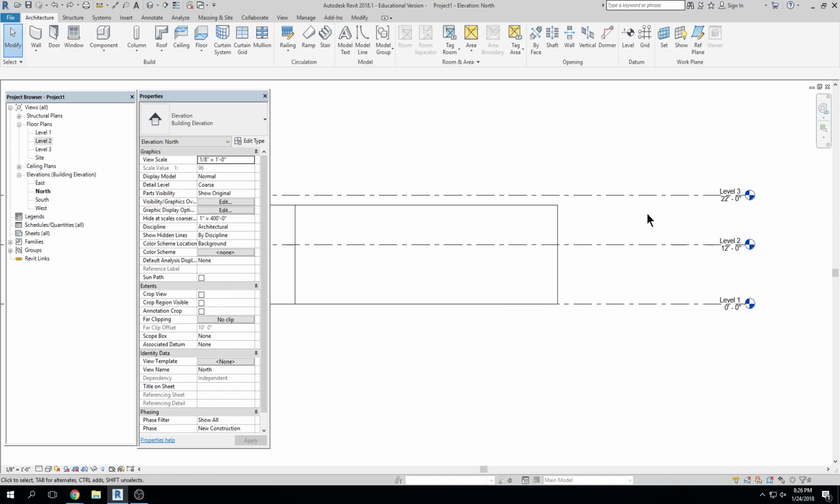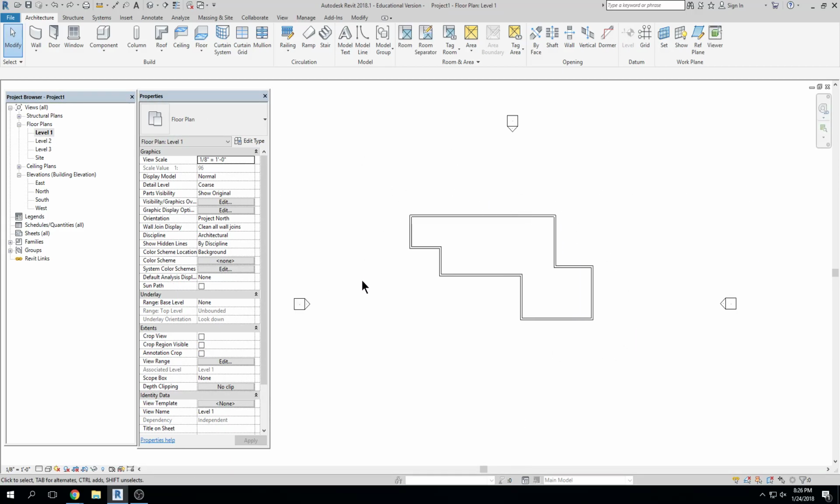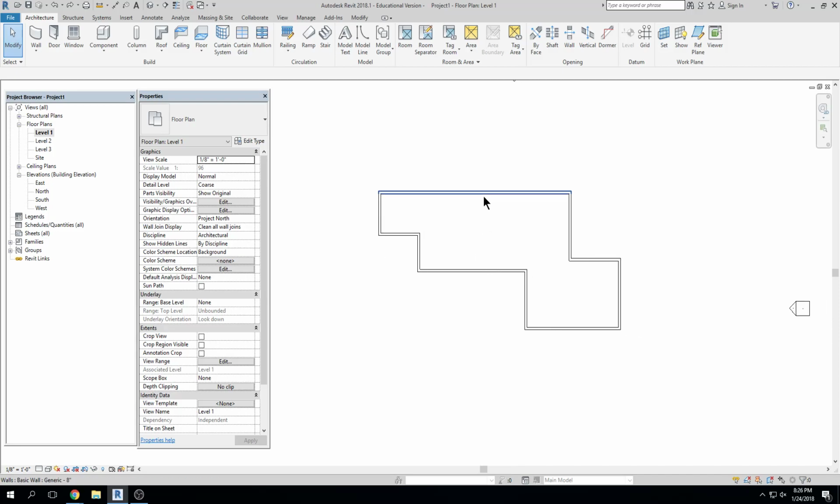So what good are these levels, right? What are they going to do for me? Let's talk about that. All right, I'm going to go to level 1. Click, click. All right. I have all these walls here in my level 1. And I'm just going to pick one of these walls. And, well, hold on. Let me